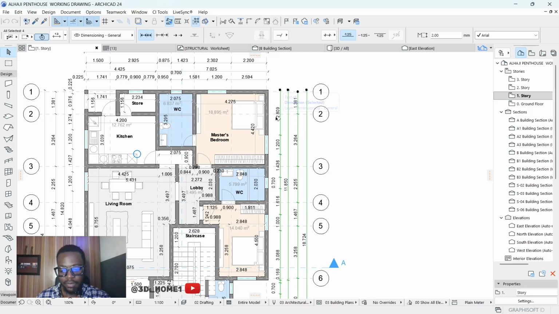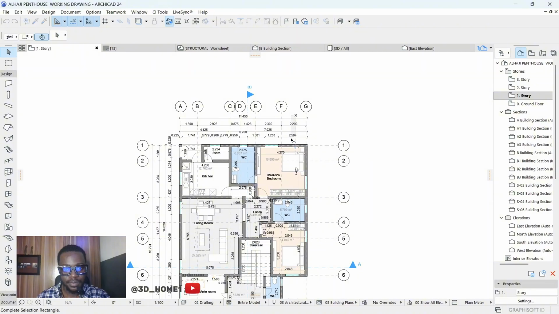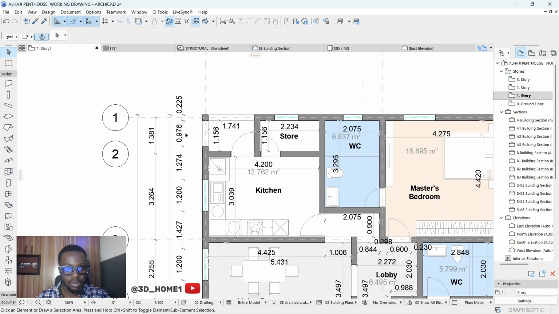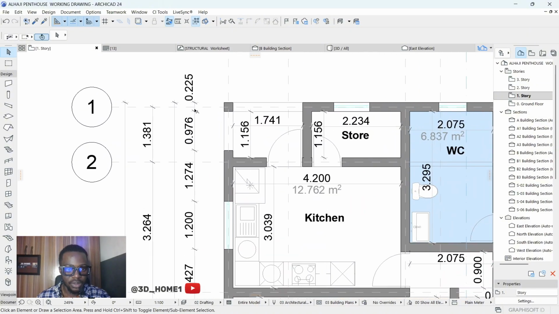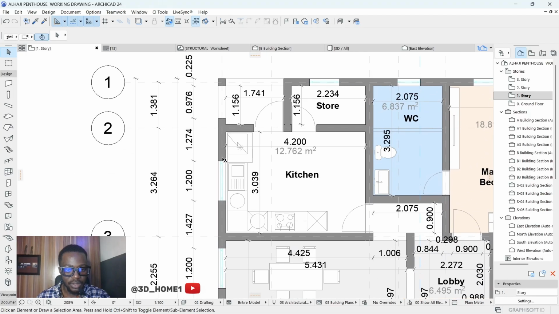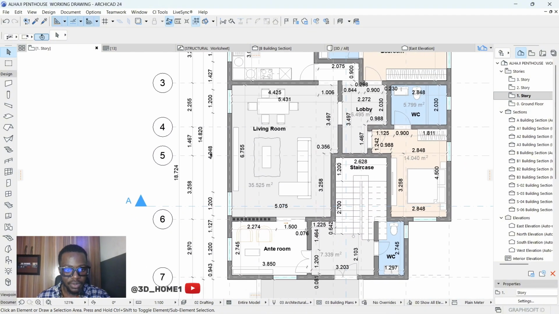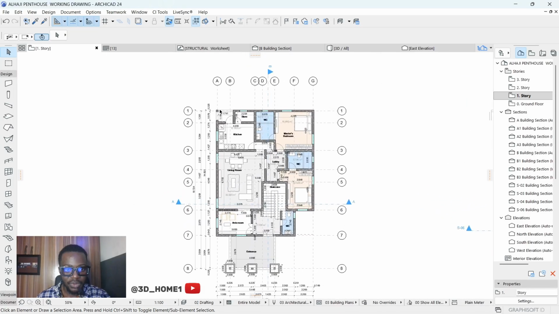Now let me first of all do away with this one, so that I'll show you the process. But before then, let me show you something. You need this first dimension, capturing this offset, capturing the windows, all the curtains and the rest. These are the first dimension. Second dimension is capturing all these